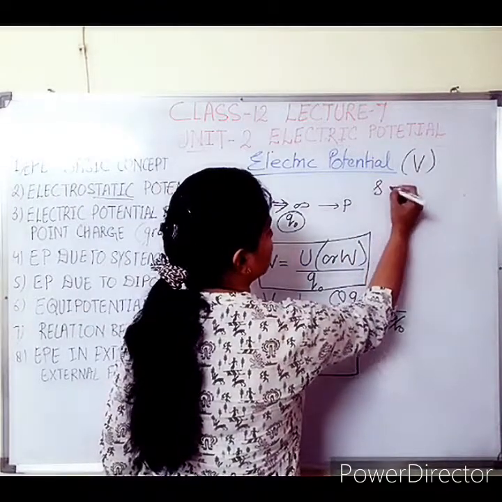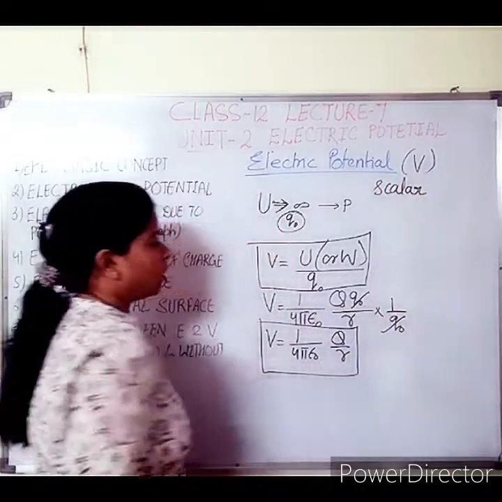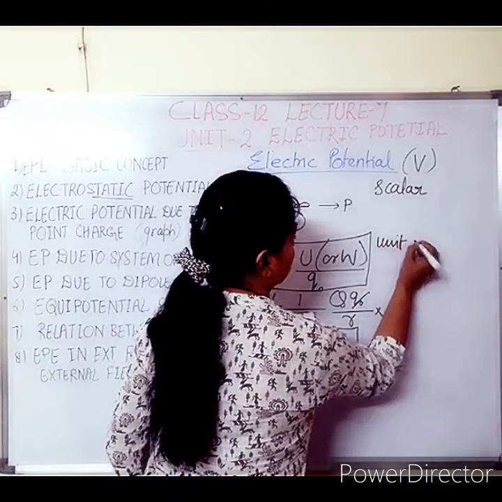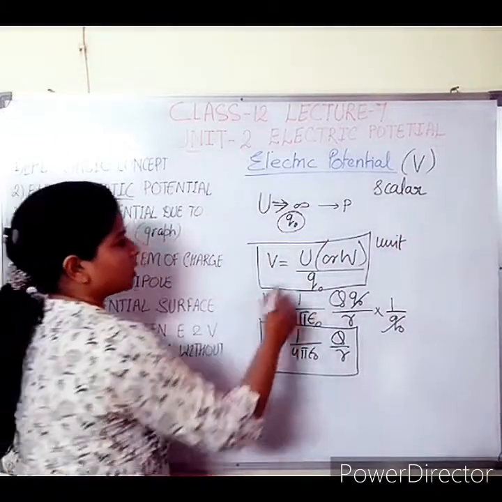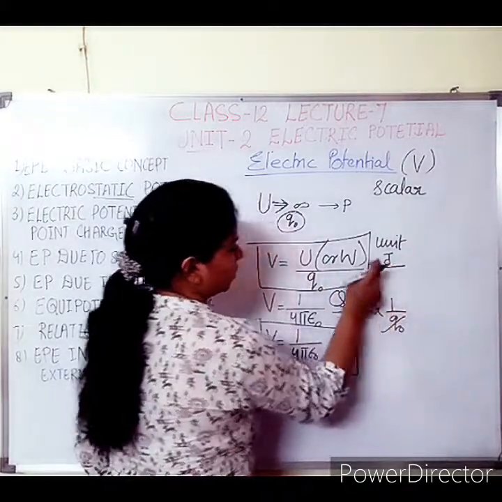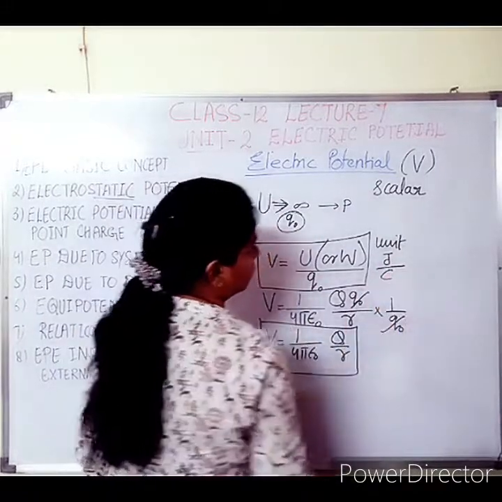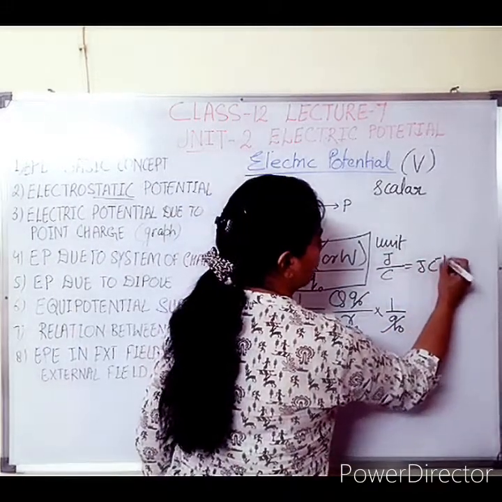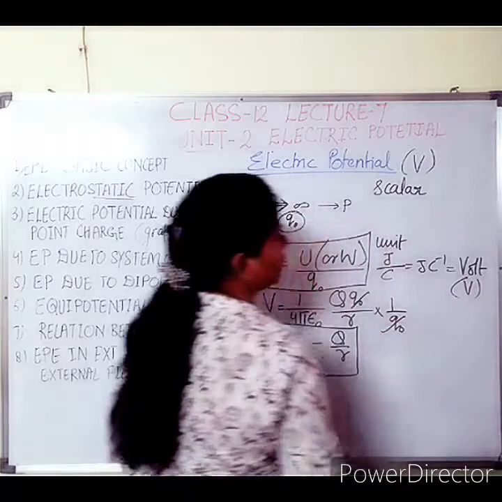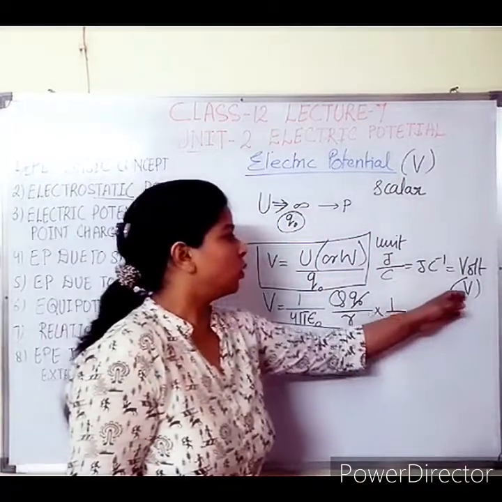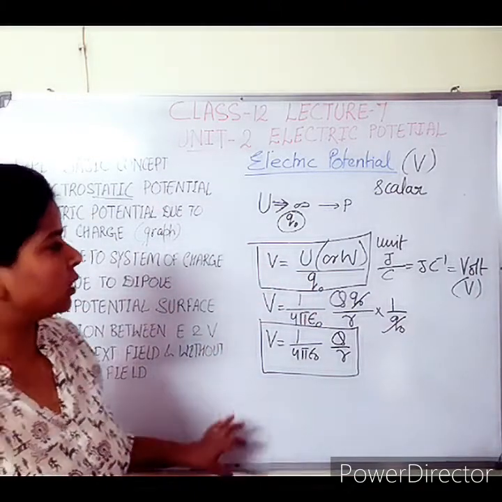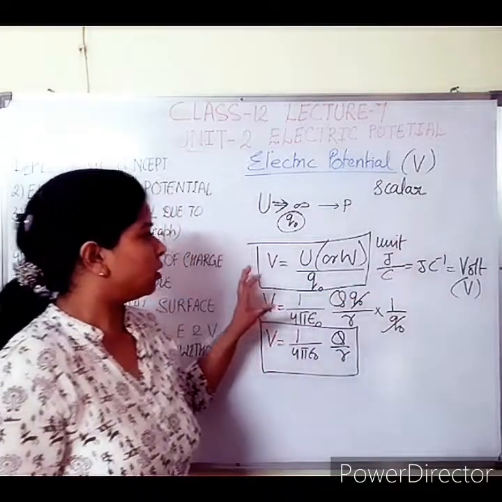Now this is a new quantity, and it is a scalar. Afterward we can find out the unit of this quantity. V is equal to U by Q naught. For U the unit is joule, and for Q it is coulomb, so it comes as joule per coulomb, and combined it is called volt. It is a very common and general term. The short representation is again V. So volt is the unit of electrostatic potential or potential difference.